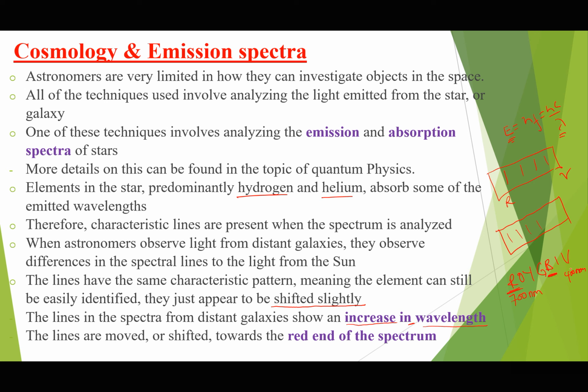So the spectral lines in light coming from distant galaxies have been observed to be shifting towards the red end. In other words, the dark lines seen in the visible spectrum are turning towards the red end of a continuous spectrum. And because red corresponds to the longest wavelength, we can believe that the wavelength of light is increasing as it travels a longer and longer distance.